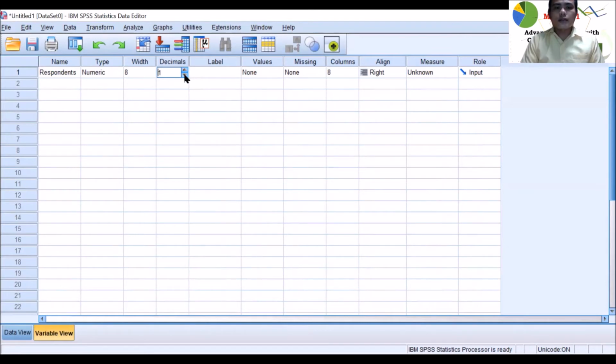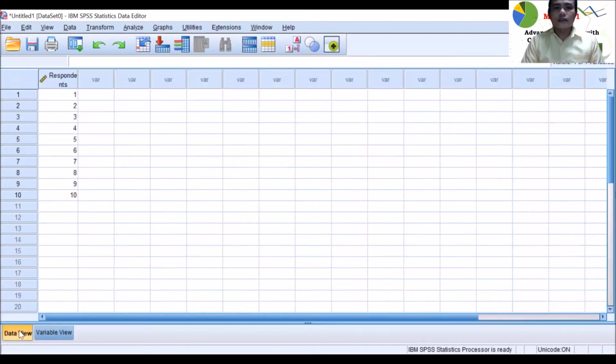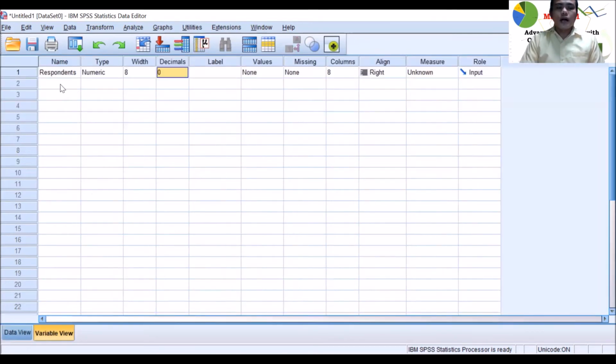By just clicking arrow down, you can see the decimals now will have 0 value. And to double check that, if you go back to the data view again, you can observe that there's no decimal anymore. Okay. Now, going back again to the variable view,